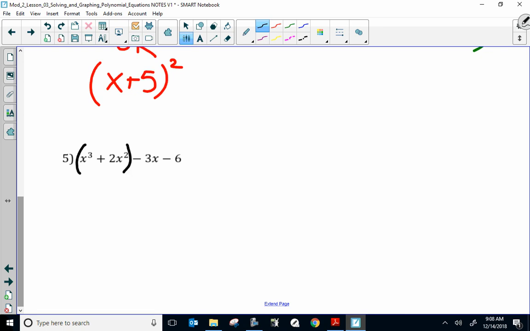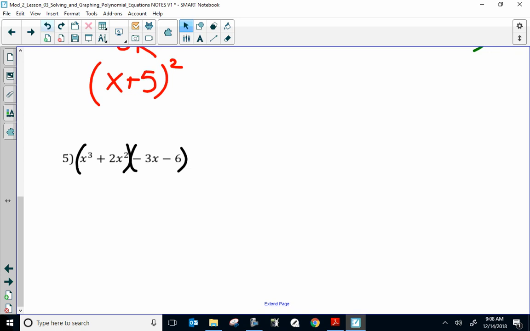Factor by grouping. How come I'm going to try grouping first? I cannot do any of the above methods because those are quadratics. This is not quadratics, it's cubic, meaning the degree is not 2. There are not 3 terms here. There are 4 terms here, okay? The only thing I could have maybe tried to do was pull out a greatest common factor, but I can't even do that here. So what I'm going to do